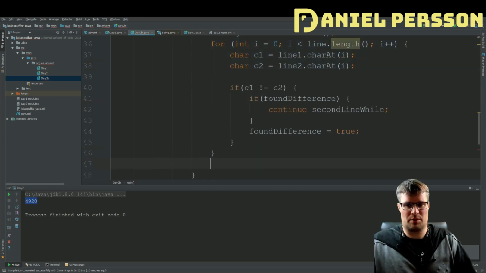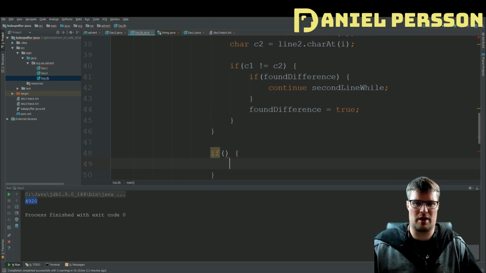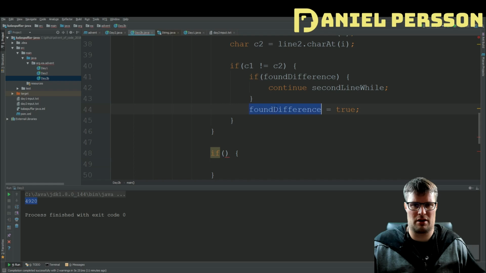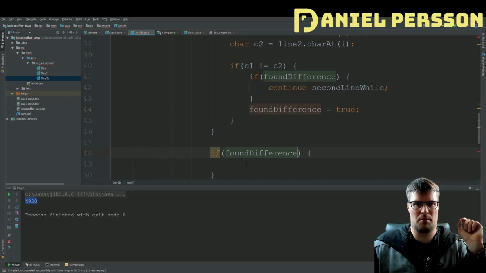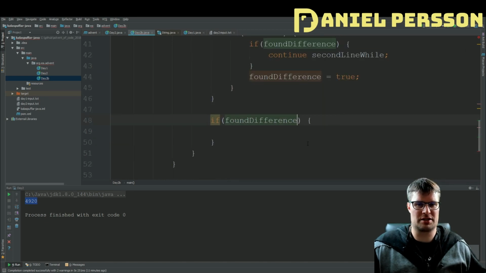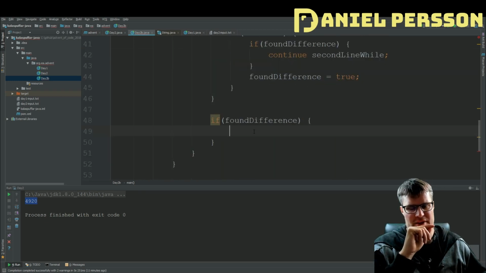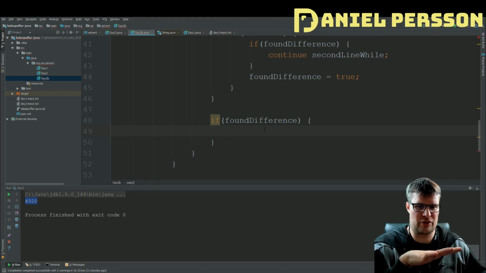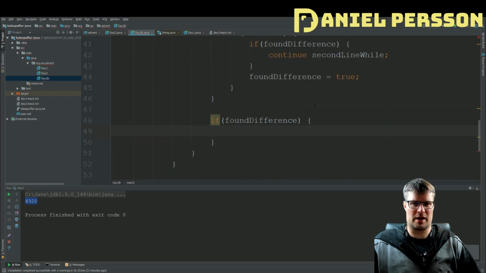And if the for loop actually comes here, and we have ended up, let's see here, we found a difference, but in other cases we will have actually continued with the next line and so on. So we will have jumped out. But if we have come here and found a difference, then we have found our two strings. So then we will